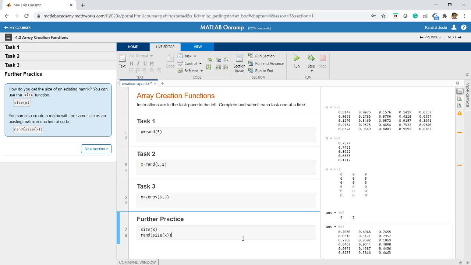All right, so how do you get this? Why will this be required again? This will be required because many a times in a program we need to check the size of a particular matrix, and accordingly we have to dynamically allot the values to that matrix. In such cases these kinds of functions will be very handy and helpful. So we have seen the zeros function, the random function and the size function here, right?